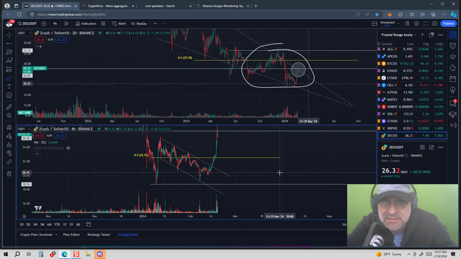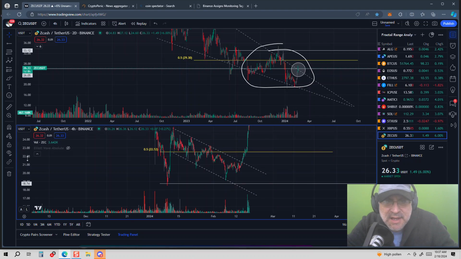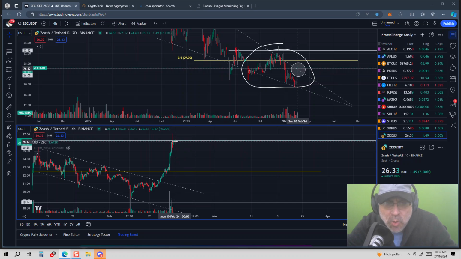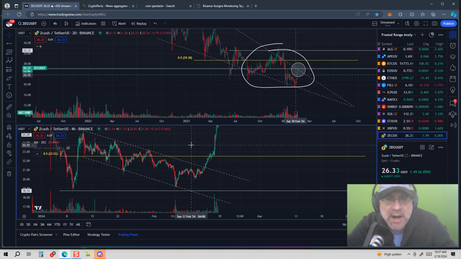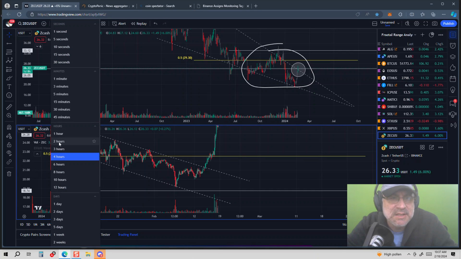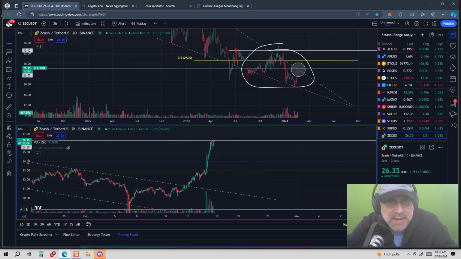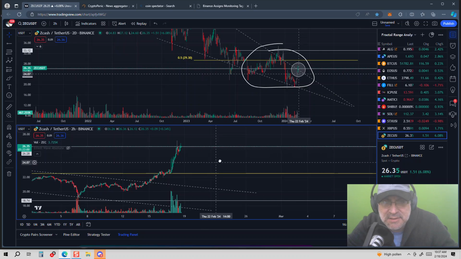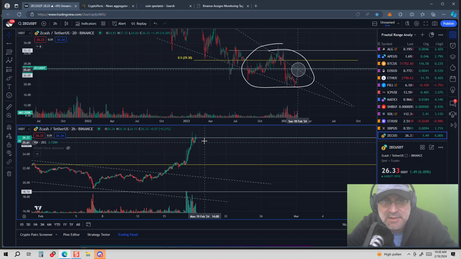And for this, we're going to go into volume. We're going to look at the VSA, the volume spread analysis, and see that it's holding the support line, and supply and demand together are diminishing, at least on the 4-hour. Now let's go to the 2-hour and see, are we getting that arrowhead pattern? We still have high demand. You see how the demand bars are super high here, much higher than they've been these past few months.